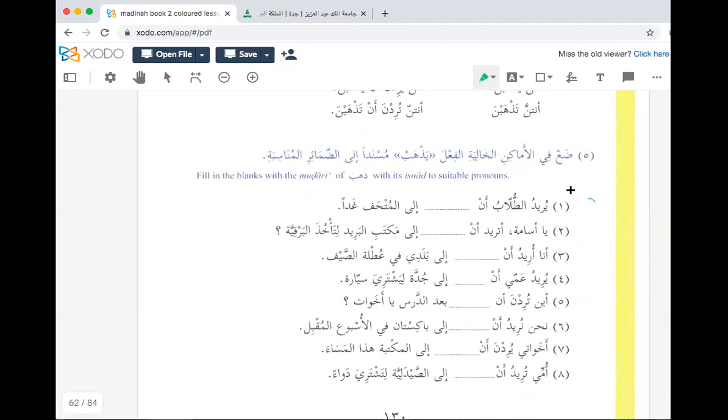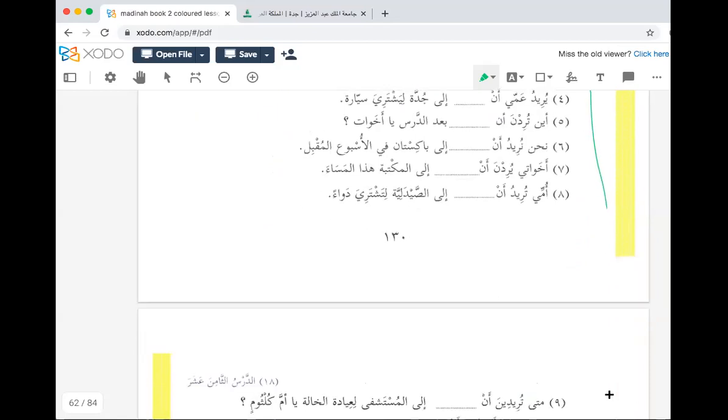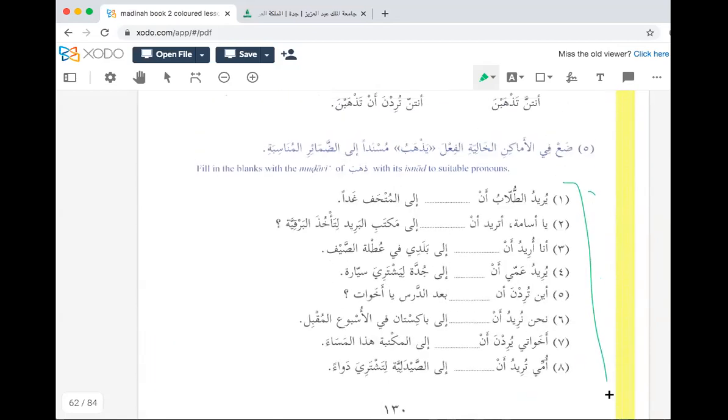Here, let's have a look at these sentences, 1 to 10. It says, use the verb ذهب in the mudari' form and add the correct damir. Allah help you. I'm going to go from the bottom of the list now. If you can switch your microphones off and also lower your hands, inshallah. I go from the bottom of the list because usually the guys at the bottom don't get a chance to be asked.